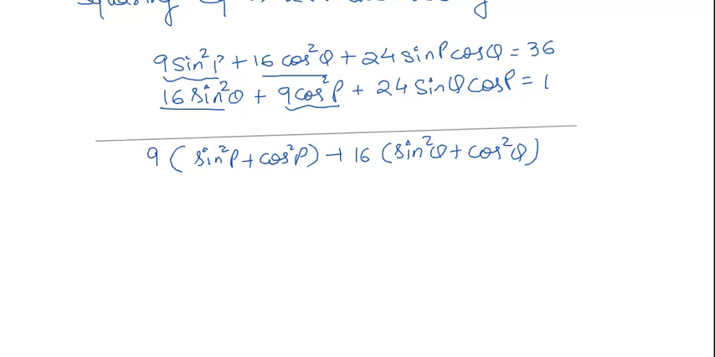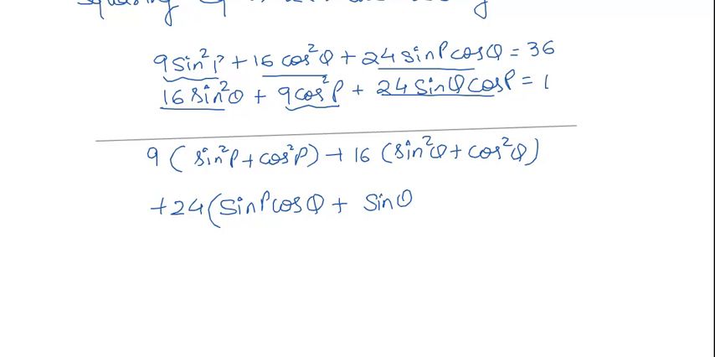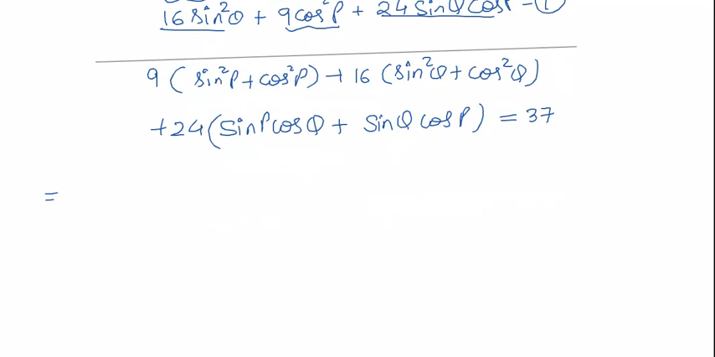Q, and then from the left out terms we take out 24 common. That is, from this one and this one we have taken out 24 as a common, so we are left with sin P cos Q plus sin Q cos P, and that is equal to 36 plus 1, that gives 37. Now we know that sin square P plus cos square P is nothing but 1. This will also be 1, so we are getting 9 plus 16 plus 24 times